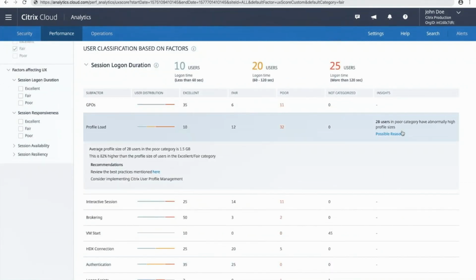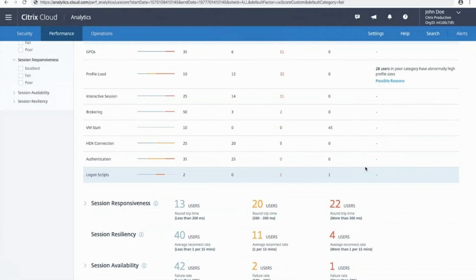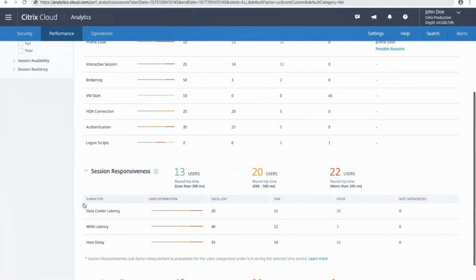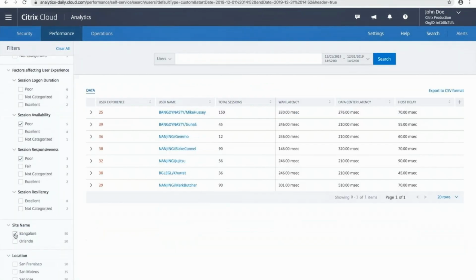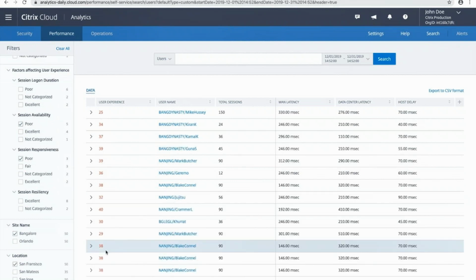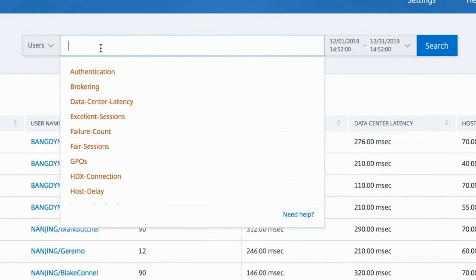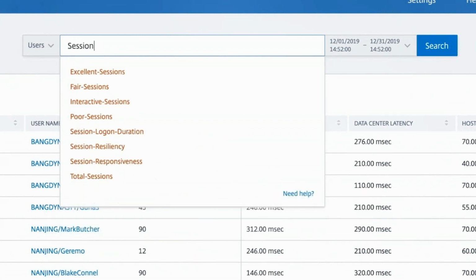If you have a number of different office branches across the country or around the globe, you can see how well each of those sites is performing. Then you can dig down into that and see each user and how they're performing. And you can break it down into things like logon time, session stability, and a number of other things.